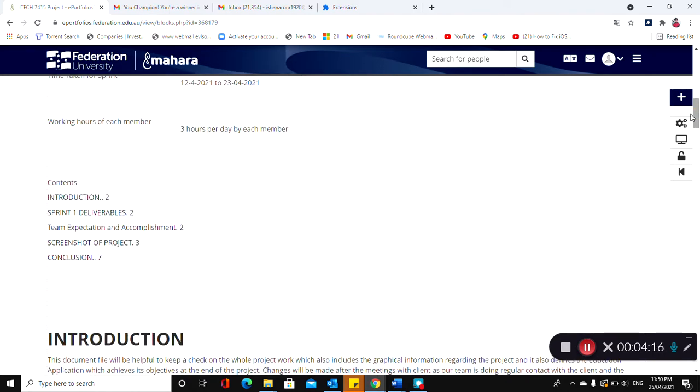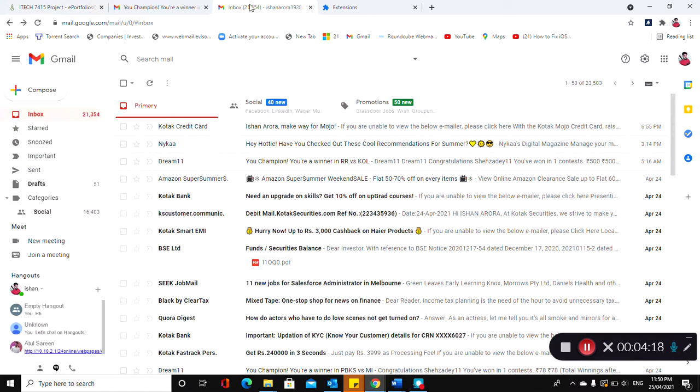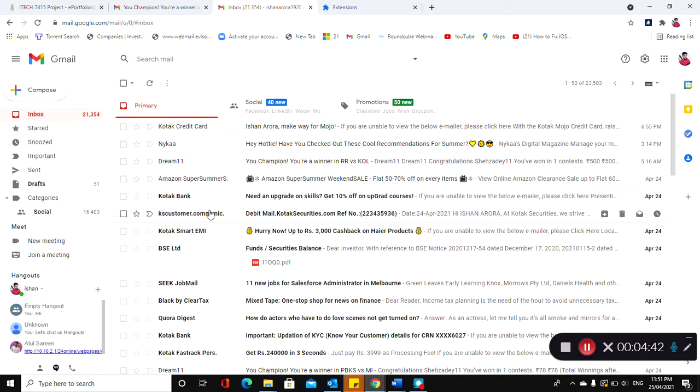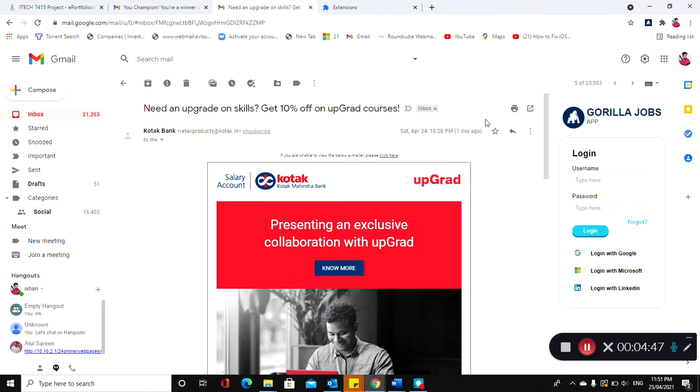I'll demo how this will work. So we'll go to Gmail, and once we open any Gmail, let's pause this and look at that. This login screen is coming up from this extension. This is what we have made with that code. Any mail, if you open any mail, it will pop up like this.